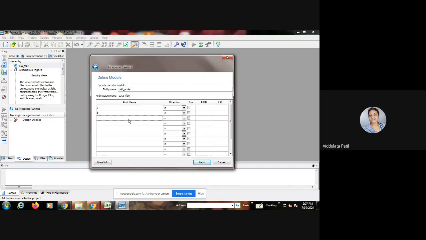Now there are two output ports that are present. What are the output ports? Yes, sum and carry. These are the two output ports that are present. So I'll give the name S for the sum, and now I am going to select it as an output